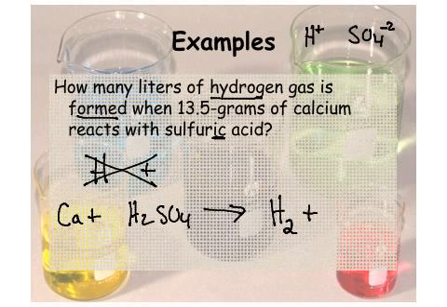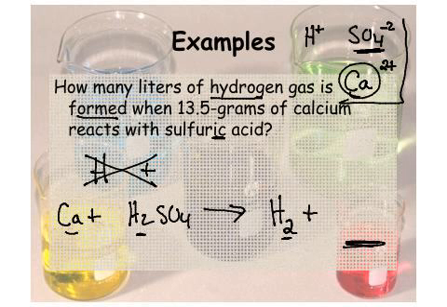Wait a second. There's no calcium on this side. There's got to be something else. Now, you've got hydrogen gas coming off, and you had a metal combining with an acid. That's probably going to be a single replacement reaction, looks like. So you're going to have to put the calcium... You see, the only thing left over is we've got some calcium. You see the hydrogen is here. That's from here. And we've got calcium and we've got sulfate. But I've got to figure out the charge of the calcium. Calcium is always going to be +2 because it is an alkaline earth metal, which always gets +2 charges.